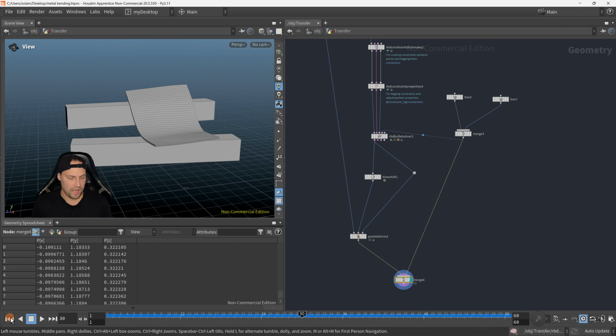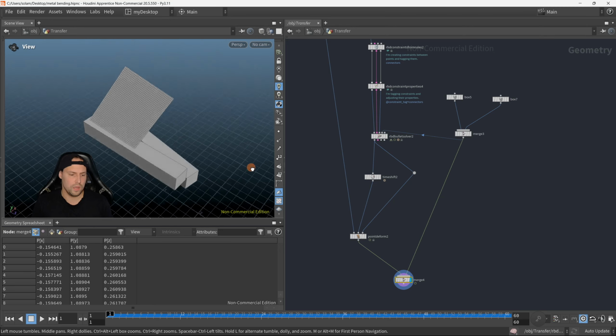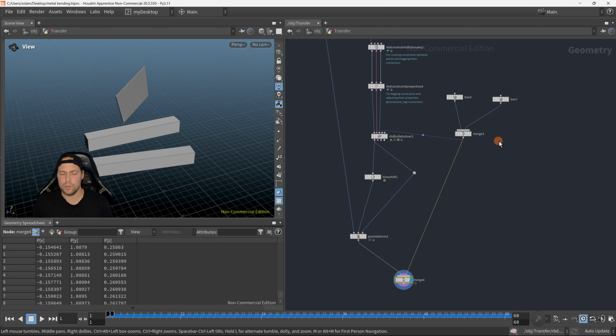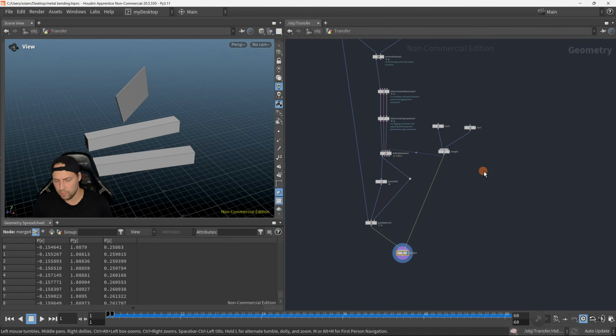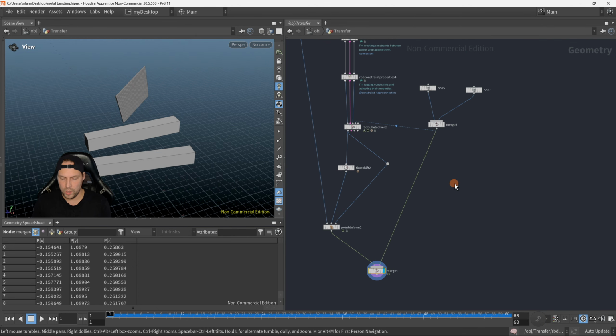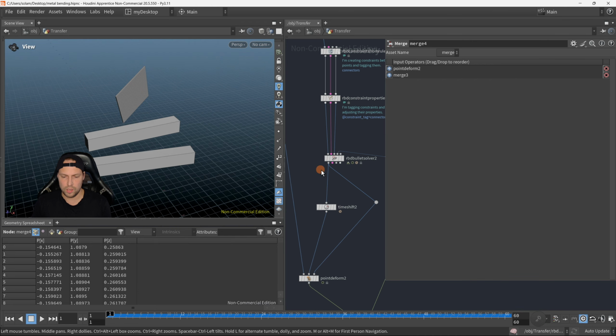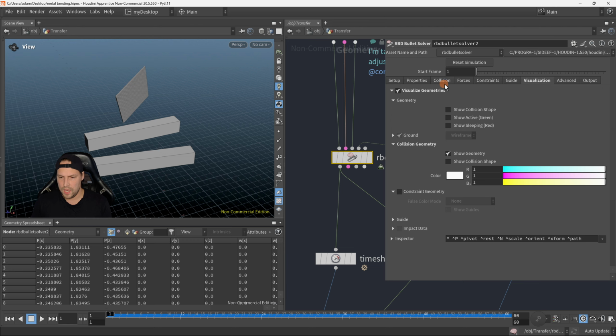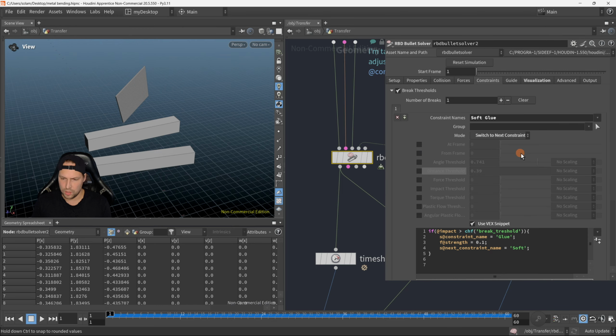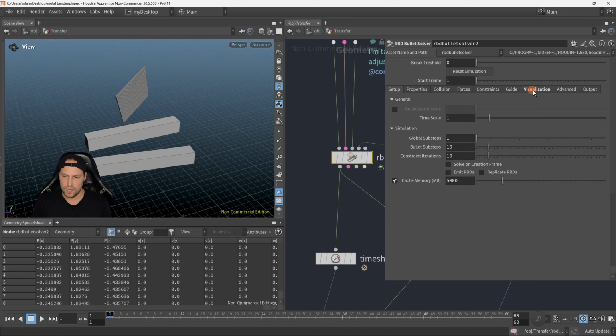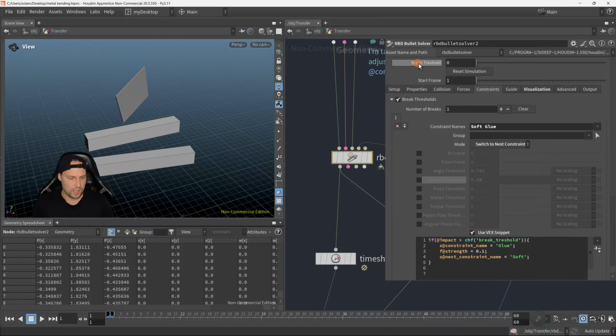Now, you probably have questions like how I can adjust properties to make it look a little bit different. Maybe it needs to be a little bit more rigid and things like that. Well, if I hit P on my keyboard, go back to the RBD bullet solver, and under the collision tab, the constraint tab, we created this code. And if I click on this little menu that says create spare parameters for each unique call, I click there and go back to the constraints, and you see there is, actually I'm going to initiate my pen, hang on,